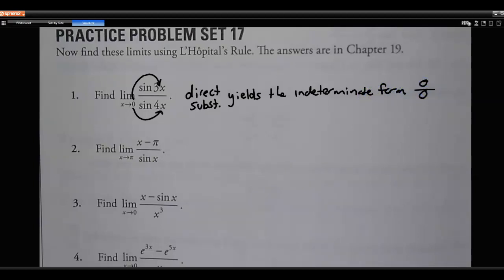zero over 0. Now we have to write that because that's our green light to say, okay, cool, I can use L'Hopital's rule. You're not allowed to use L'Hopital unless direct substitution gives you 0 over 0 or infinity over infinity. Now, what you don't want to do, by the way, is you don't want to put equals 0 over 0. We talked about that. 0 over 0 is not a number, and so you can't say that it equals that. Instead, we'll say that direct substitution yields the indeterminate form 0 over 0. And then we say, therefore, by L'Hopital's rule,